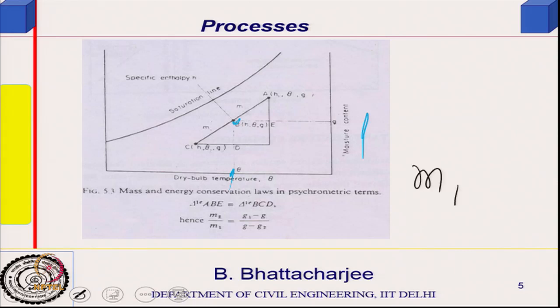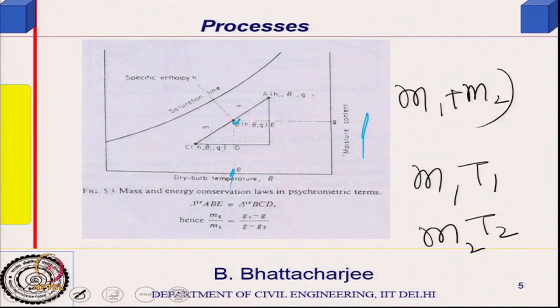say is m1, let us say recirculated air is m1, and mass rate, I am talking of mass rate only, in kg per second, and I am mixing them with m2, and this is at temperature T1 and this is at temperature T2. Then after mixing in the duct, my rate now would be m1 plus m2, and since there is no loss in temperature, this multiplied by final temperature T, which is the mixture temperature, must be equal to m1 T1 plus m2 T2.